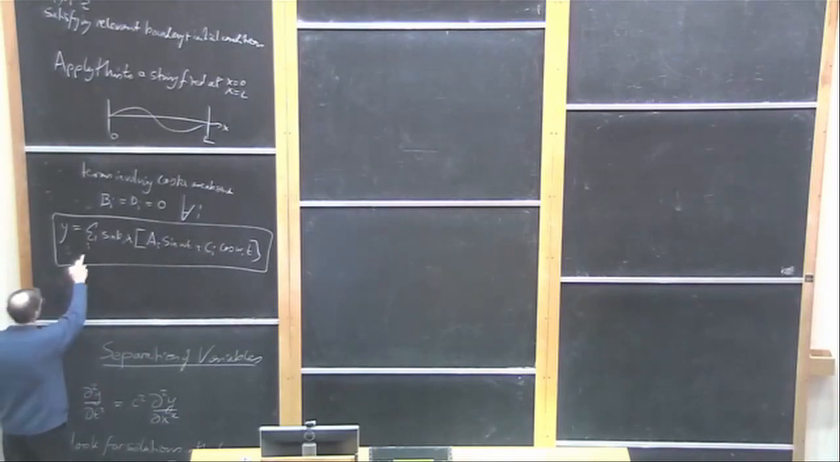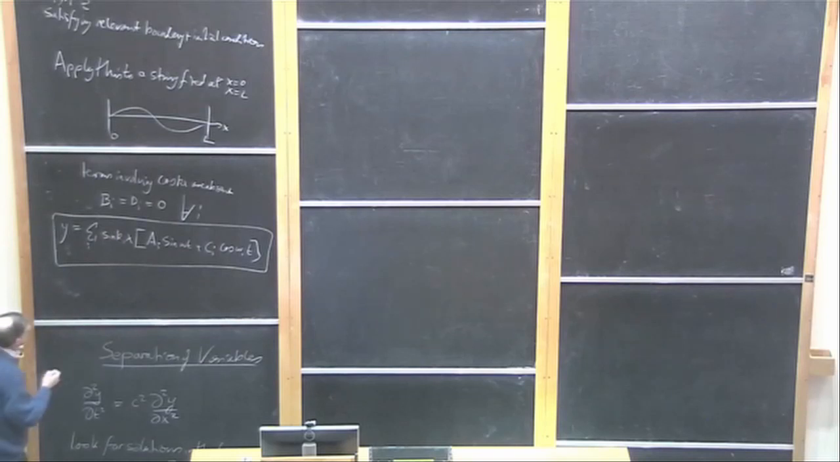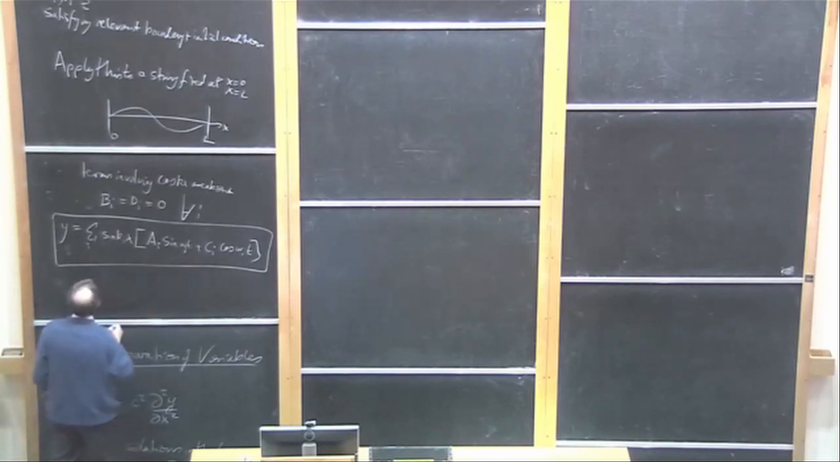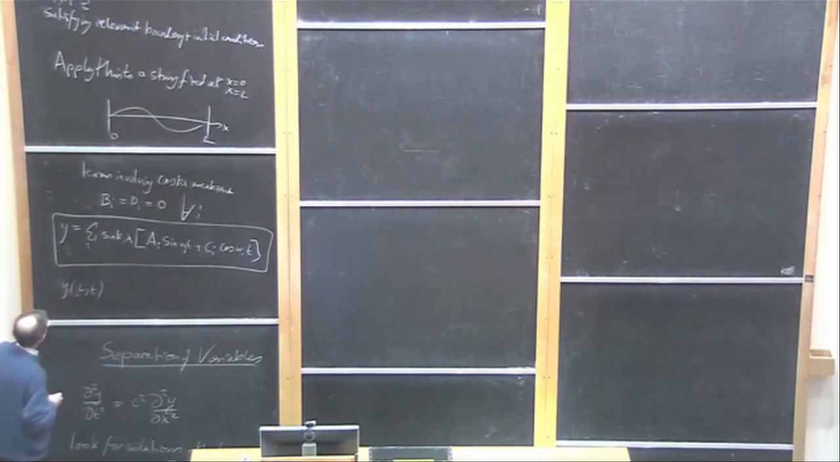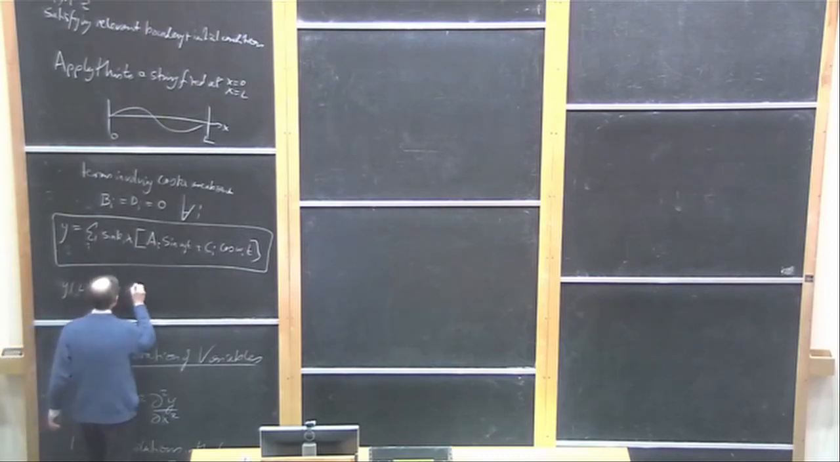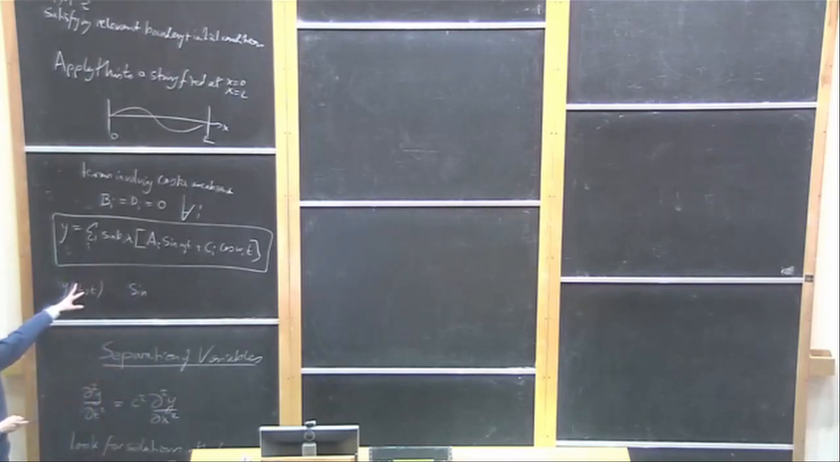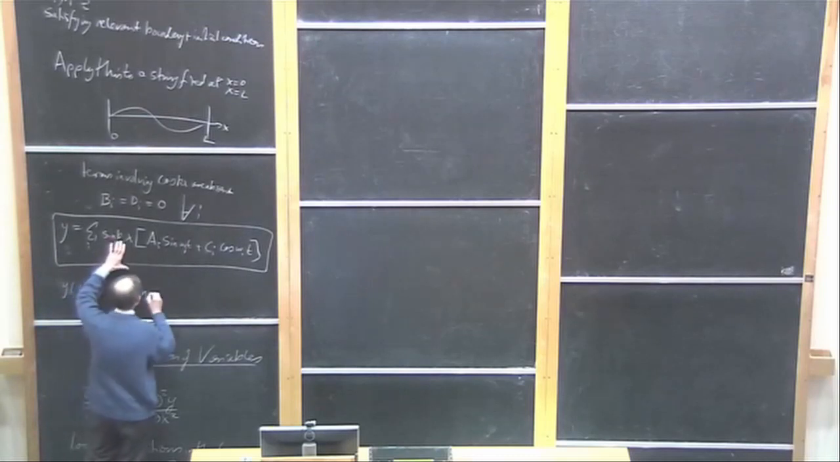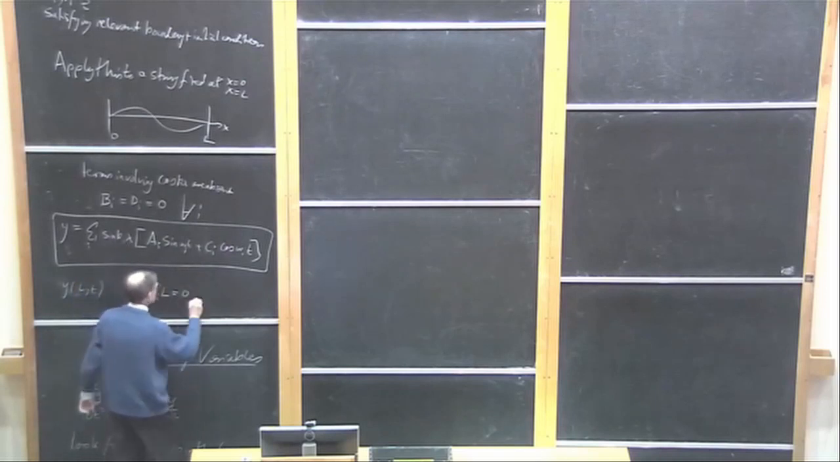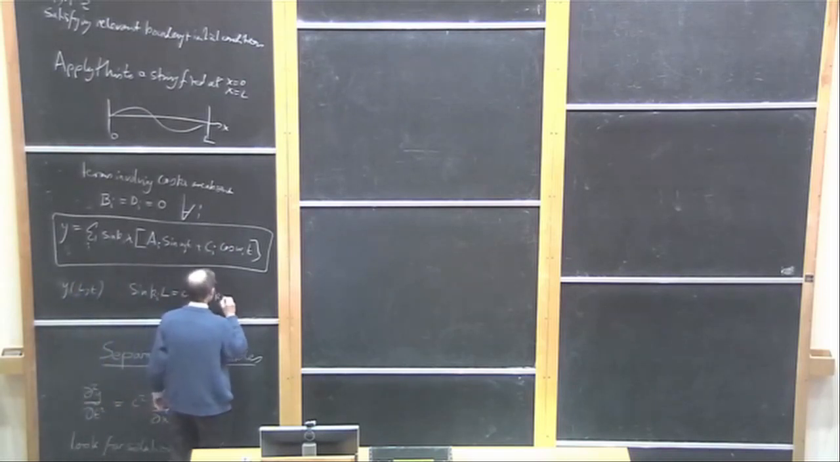So we still haven't figured out how to choose the omega i's and k i's. The other boundary condition is that y of L is 0 for all time, and that involves sine. If we apply that to each of the separated solutions, each of the product solutions, we require sine k i L equals 0, which implies that k i is